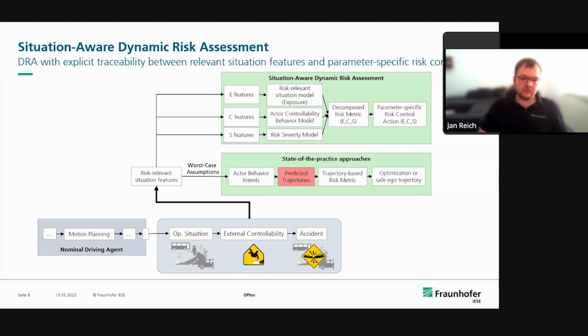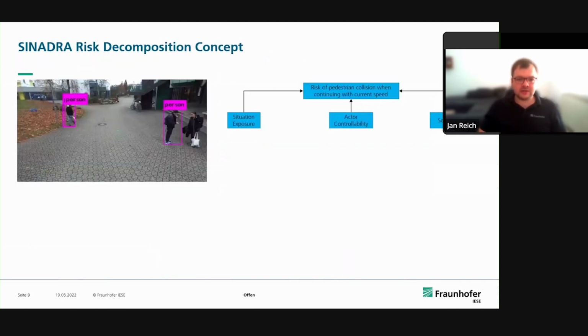Okay, so now having this on the high level, how does the decomposition look like in more detail based on an example? So here on the left side, we are seeing the view from the autonomous shuttle that is driving over the university campus. Unfortunately, this was due to COVID, and we weren't able to capture scenes with crowded pedestrians, but the concept can be explained equally well here. So on the right side, we would like to decompose the risk of a pedestrian collision when continuing with the current speed. And if we are looking at the situation exposure,